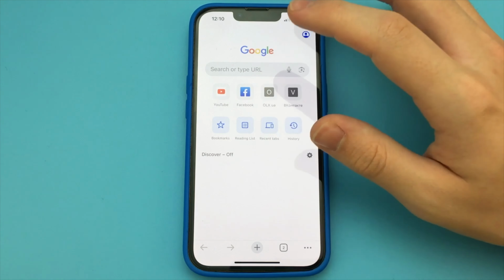To do this, we go to the Google Chrome app, click on the home page, and we need to click on the three dots at the bottom. You may have them at the top, but I have them at the bottom. There's an item here, History. If you don't have it, then just scroll through and find that item. Click. Now you have the history of your search.